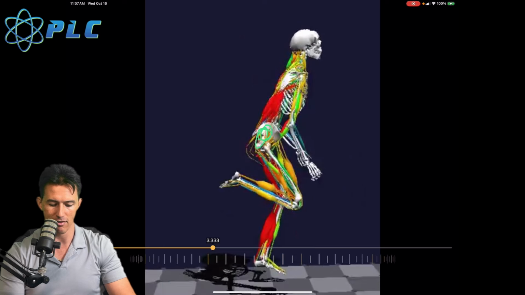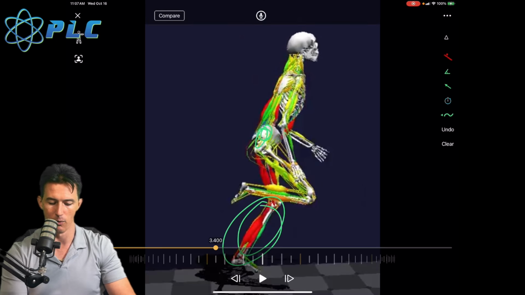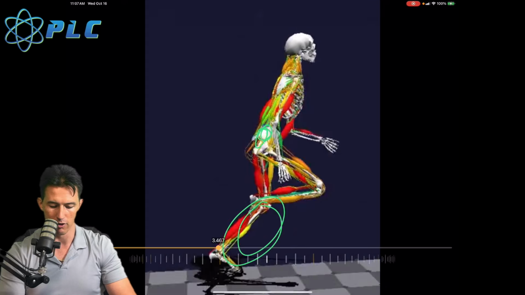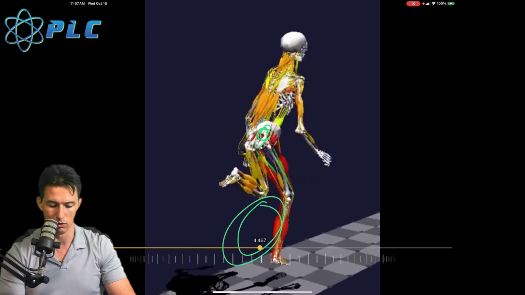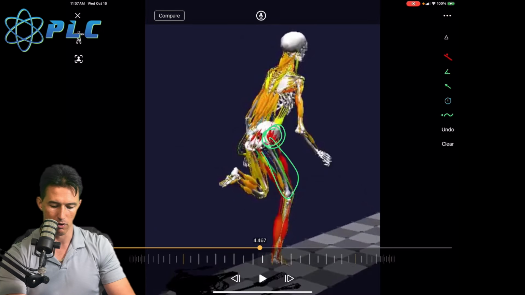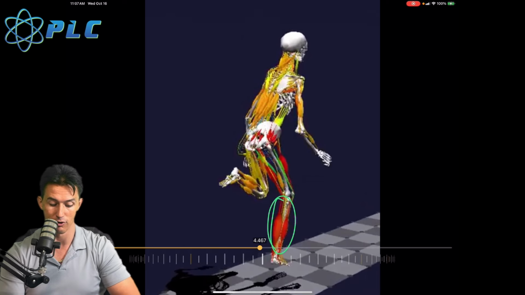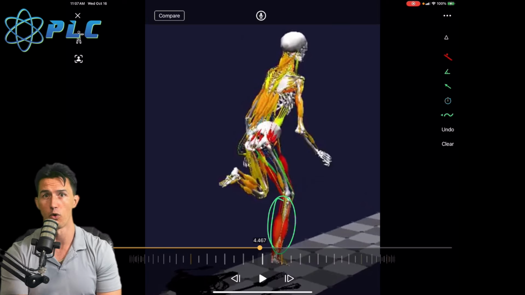So we can see as this foot's striking the ground, there's a lot of activity happening within that lower leg. And also, here we'll go on the other side, within that lateral glute, right? So this is the lateral glute right here, glute med, right? And then we have all the lateral quad muscles as well. And then again, obviously the peroneals, calves, things like that. These are all very active during that foot strike because they're trying to stabilize all the force that's getting generated